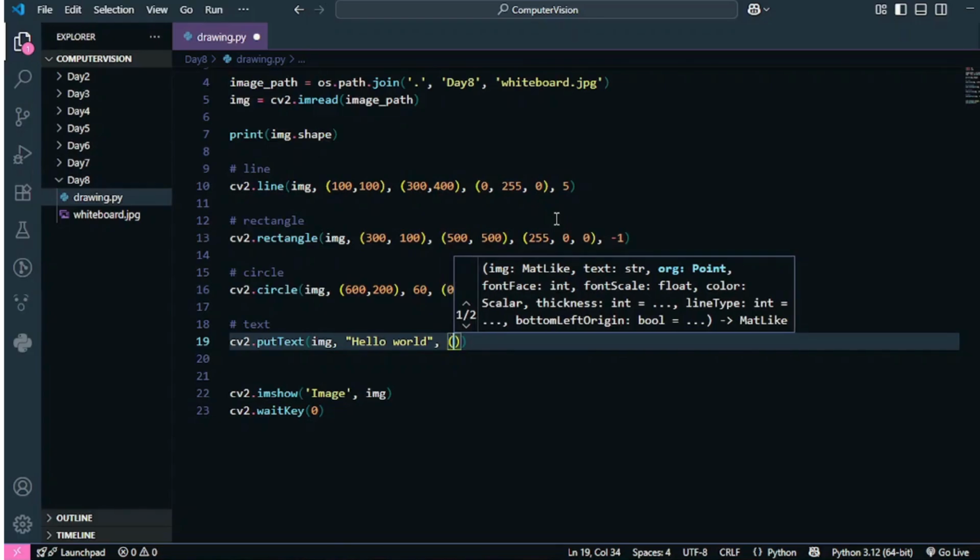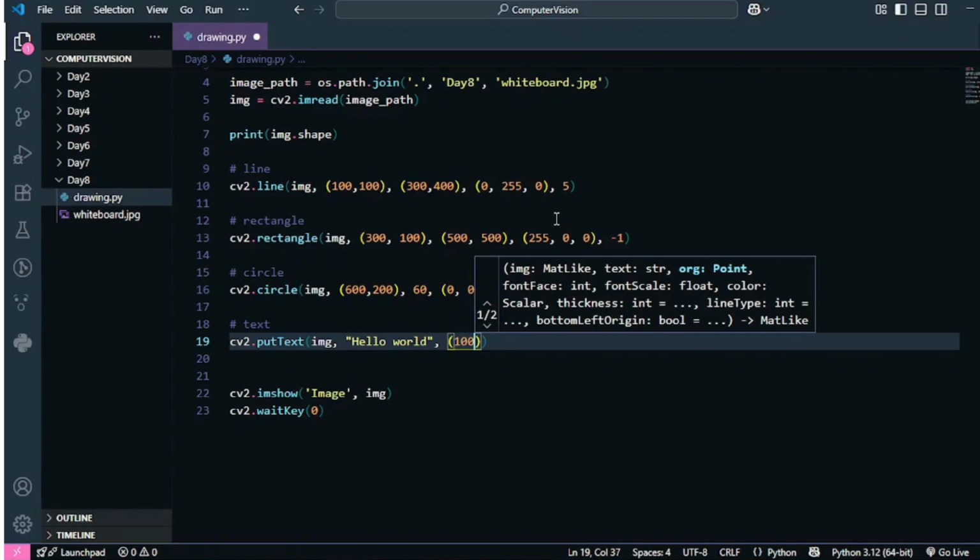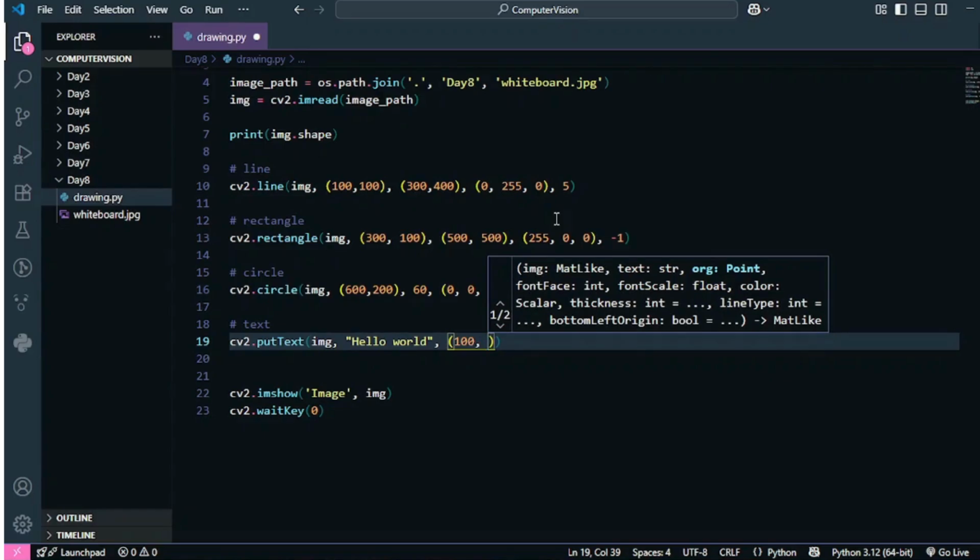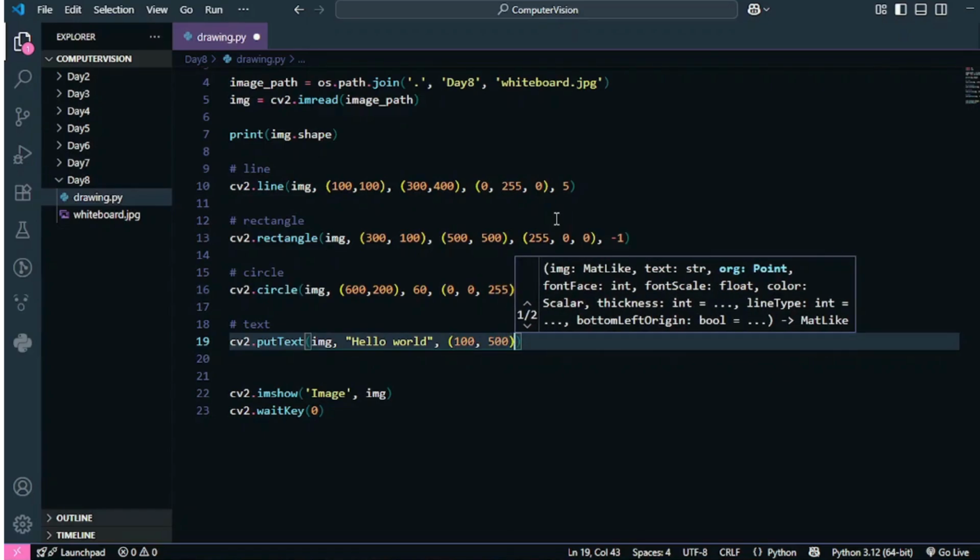What will be the starting position of my image? So for now, let's keep the value of x as 100 again, and the value of y as 500. Let's see if that works. It should be somewhere near the bottom left corner, but let's see if that works.